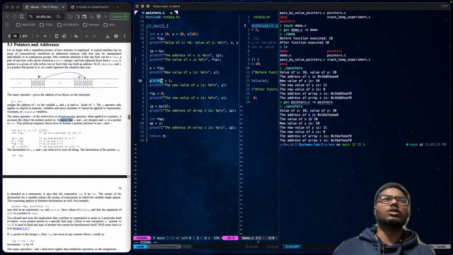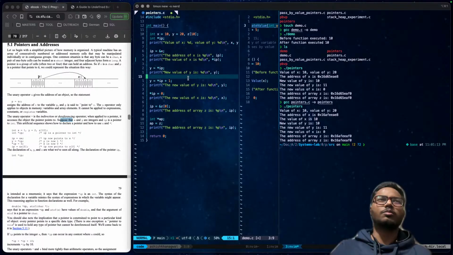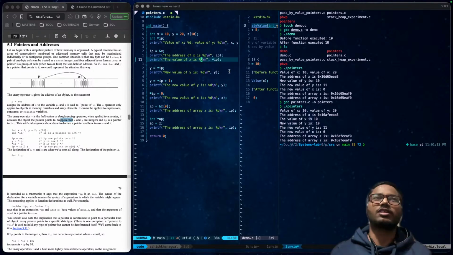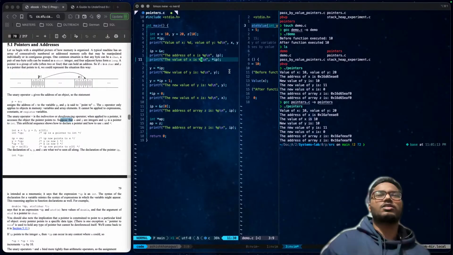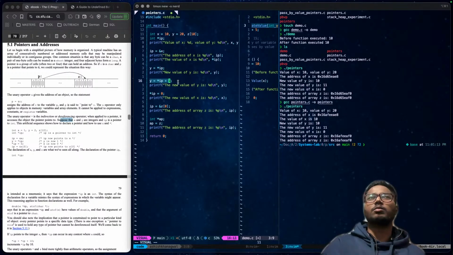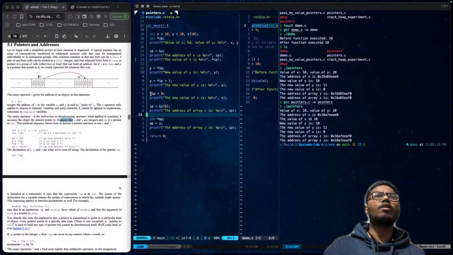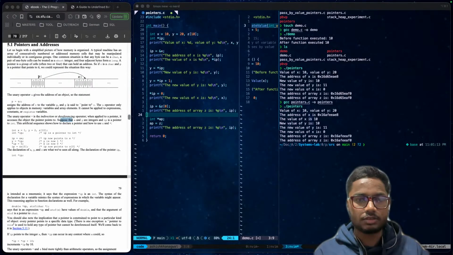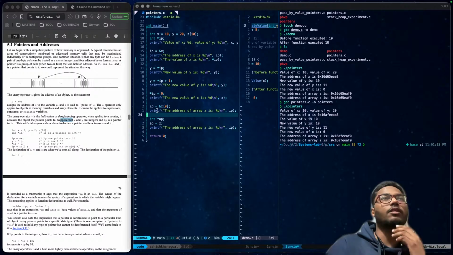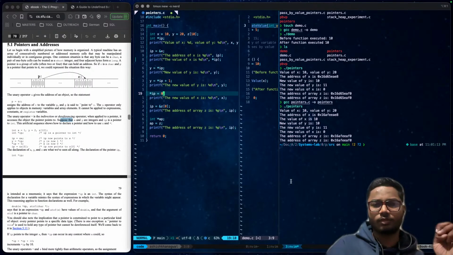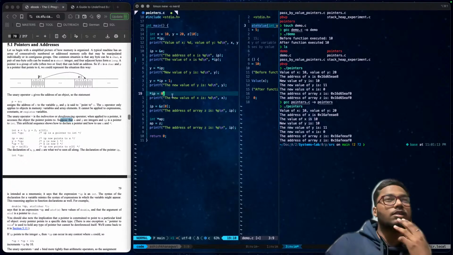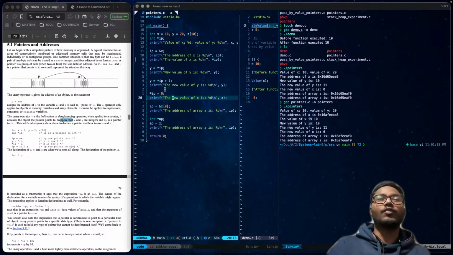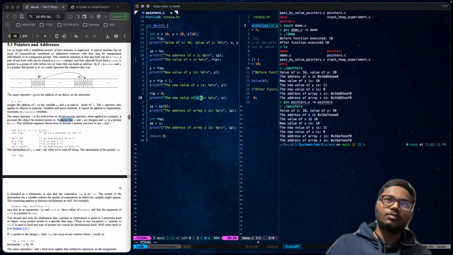And this works the same as the increment operator. Like we do x plus plus and x minus minus, increment or decrement, right? This works the same. It was 10 initially, then it will become 11. And if we assign this pointer a value 0, so the new value will become what? 0. The new value of x will become 0.